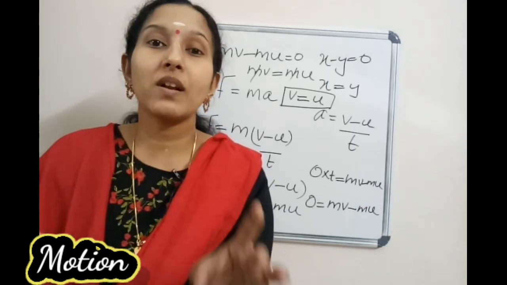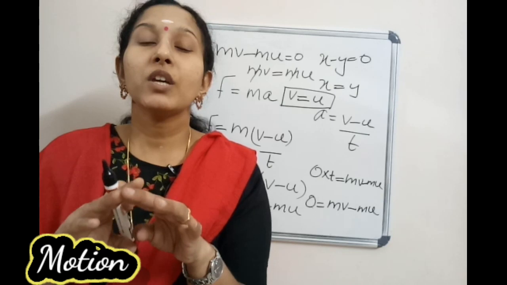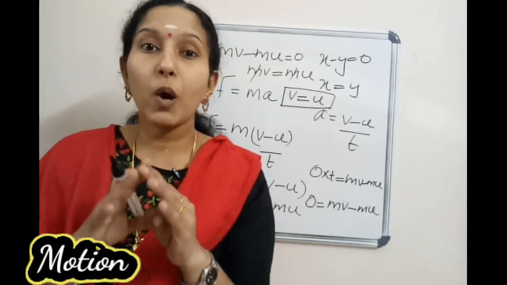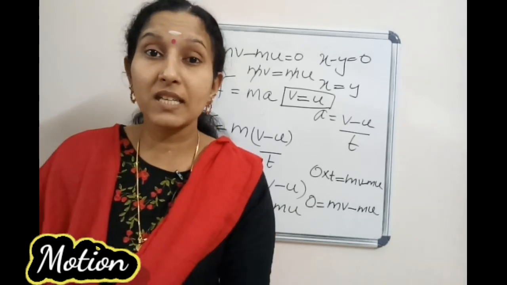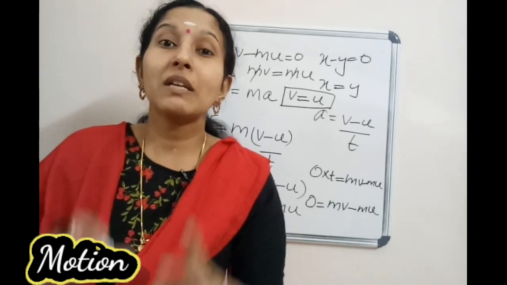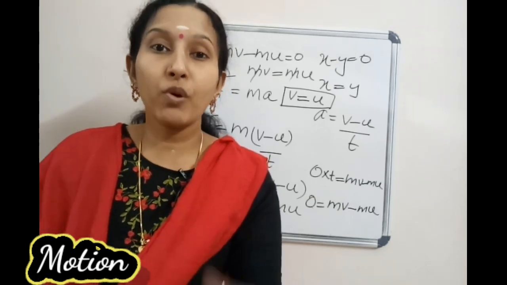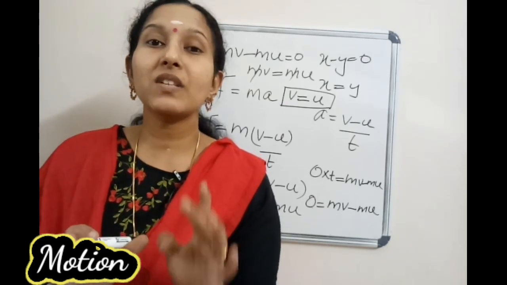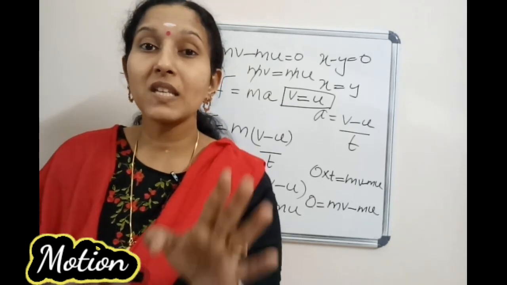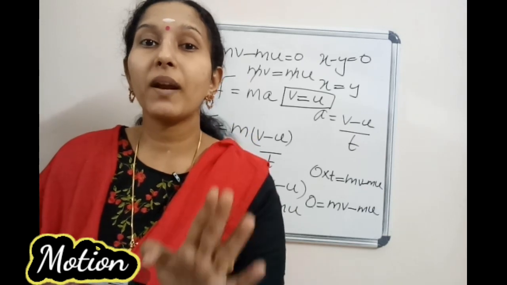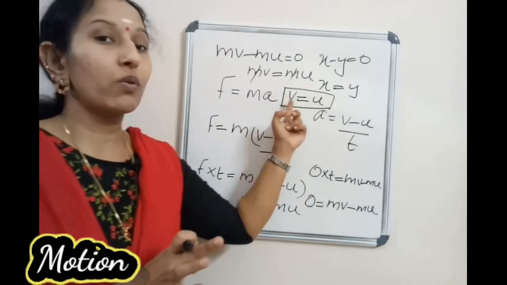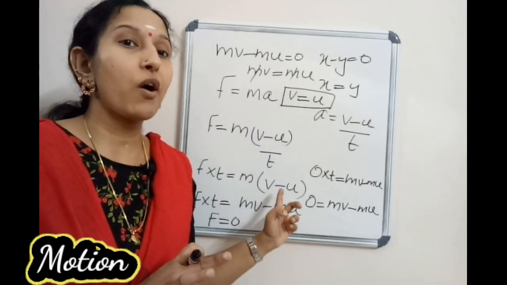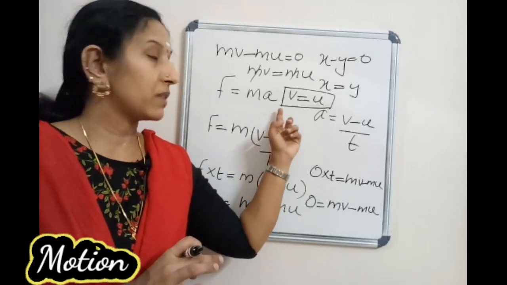Right? So that is a natural tendency. Here, v equal to u, or u equal to 0, means the object is at rest. So this object wishes to continue until the application of force. That is the statement of the first law: the object remains in a state of rest or uniform motion unless compelled to change that state by an applied force. So that is v equal to u. This is the explanation of the first law of motion from the second law.